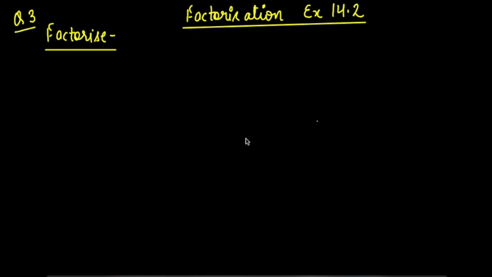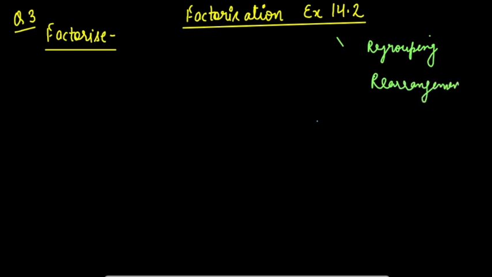In today's session, I will be continuing factorization exercise 14.2 and I will be explaining the concept of question number 3. In question number 3, we will be revising the regrouping of terms again. It's again the regrouping, which we have also mentioned as the rearrangement of terms. We will have certain questions on this concept, or binomial expressions where we will simply take the terms common to find the factorization.